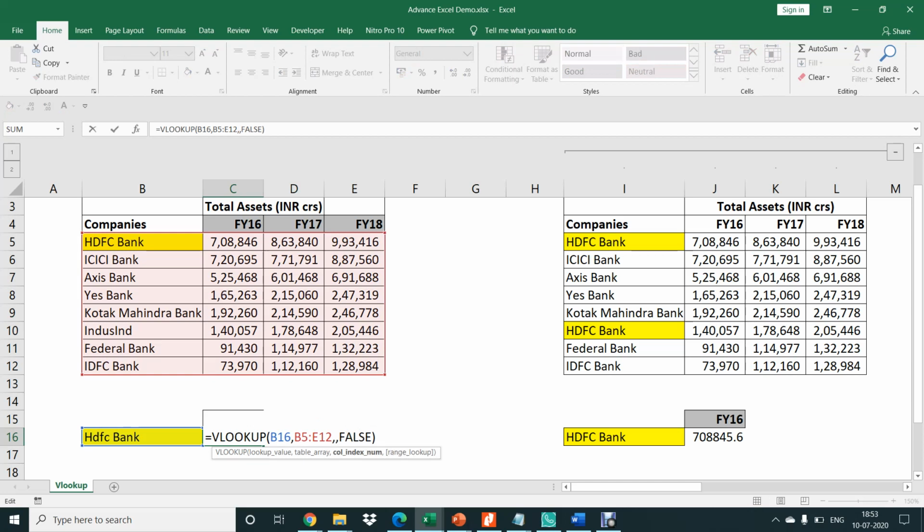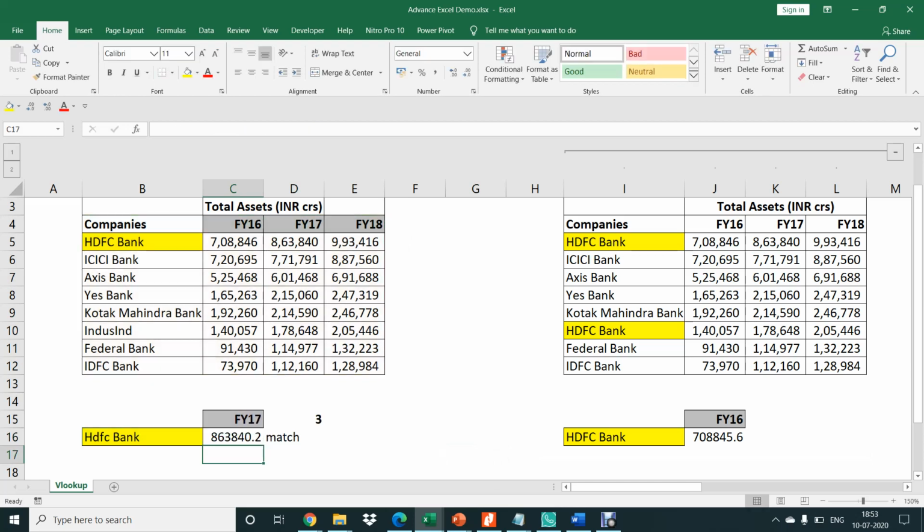Instead of 4, I'm going to delete that and type match, open the bracket, and I'm going to select my above value, this value, right, hidden because the font sizes are bigger, comma, where exactly it has to look up the range. This is the range that it has to look up, comma, 0 stands for exact match. So once I have this exact match created, the best thing happens. Every formula has now become dynamic. So as you can see, HDFC Bank age like 63,840 has been created.